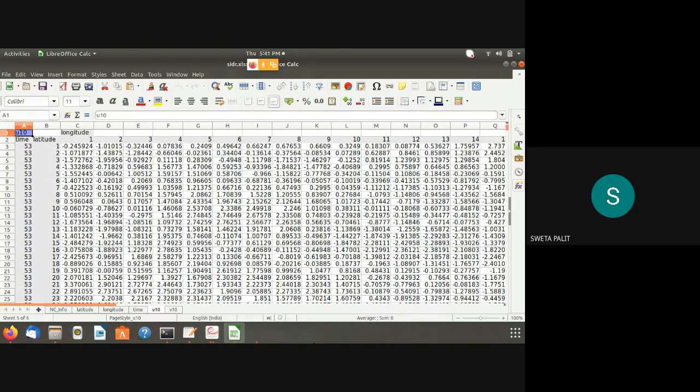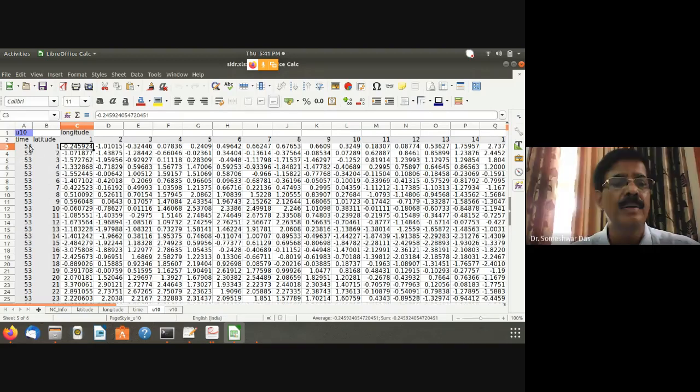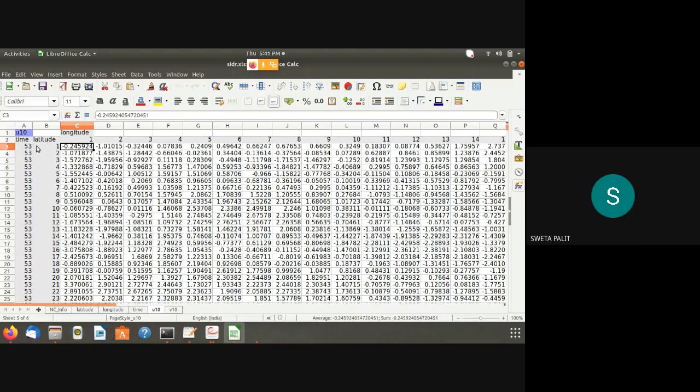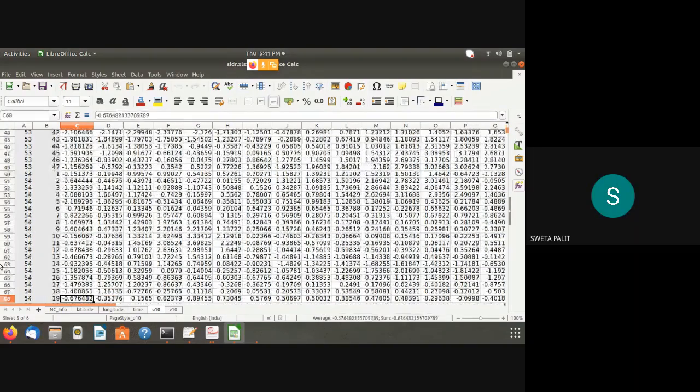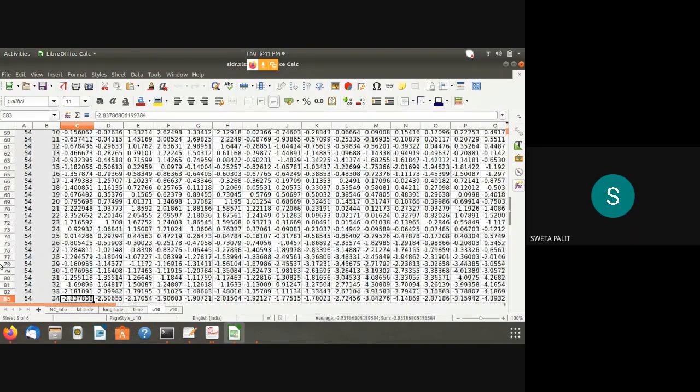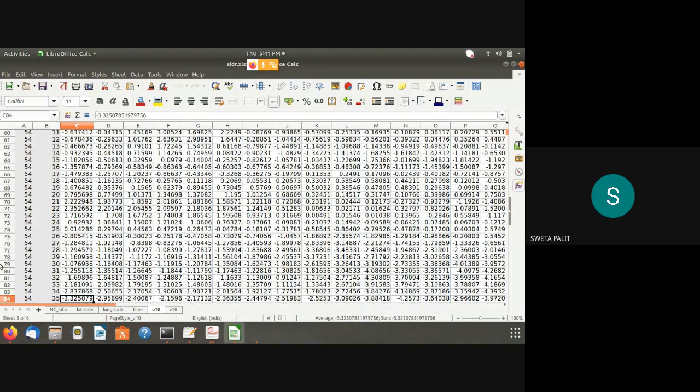So this is the netcdf file I extracted. Like I said, I had 47 by 47, so 47 by 47 into the 4 time steps. Sir, the time 53 is actually 00 GMT of 14th November 2007. So the entire 47 by 47 for 00 GMT, then it starts another set of 47 by 47 for 6 GMT, followed by 12 GMT, then 18 GMT.